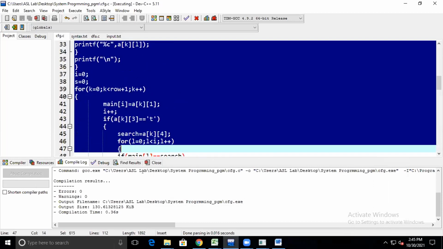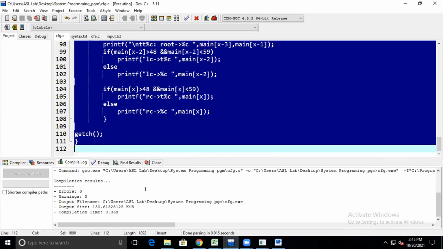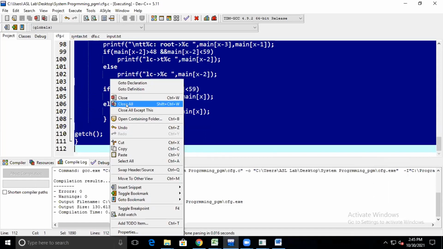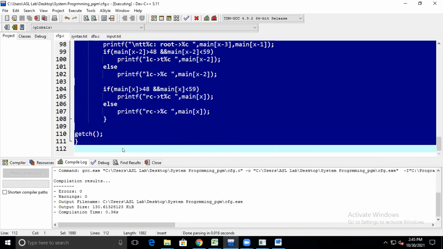Just wait a minute. I will copy this code. Just you have to run it and understand what is actually happening, and you have to change the syntax. I have given it in the text chat.